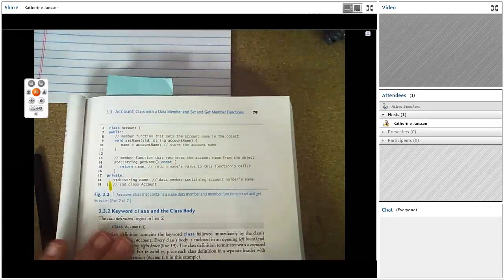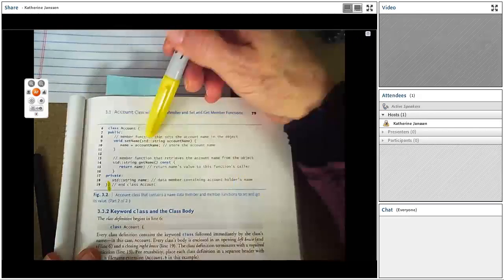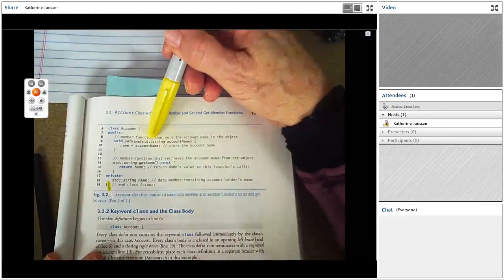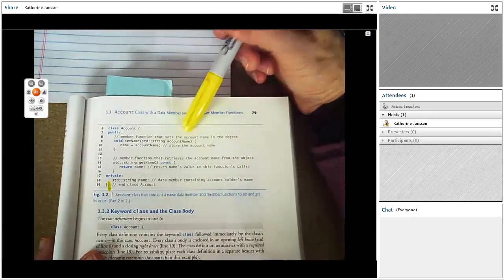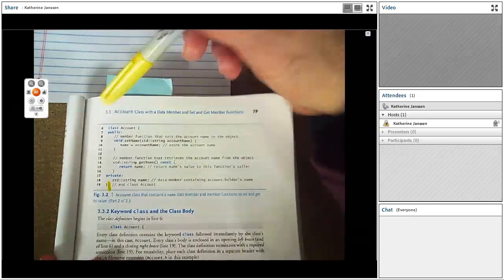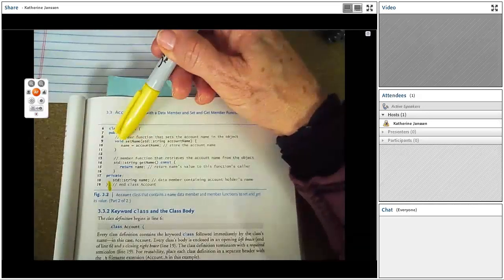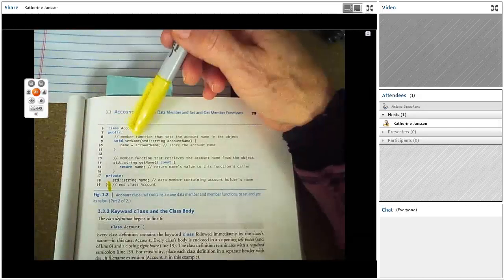So we will have to type the std:: as necessary within a file. Void means that setName returns nothing to the main driver program, but setName is expecting a